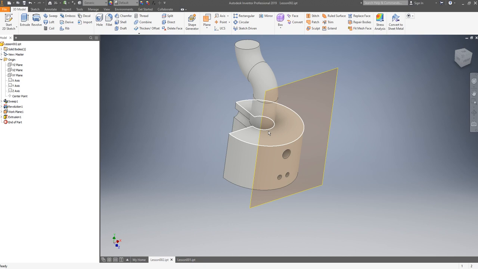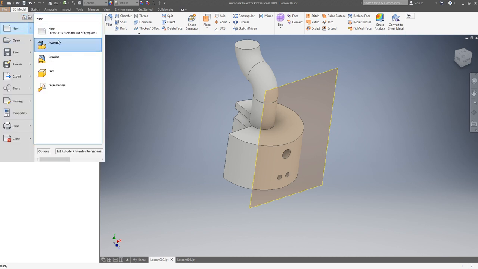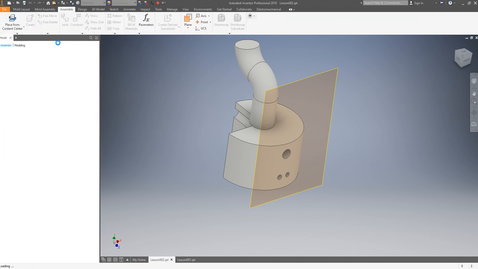Now we have done the part, and we extracted the geometry for another part. We copy and paste into this one, paste down the new geometry, we create the cut. Great. Now we make a new assembly. So what's the major difference between assembly and the part?